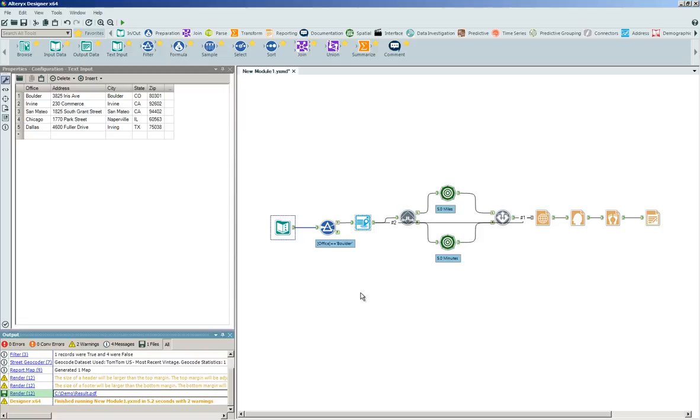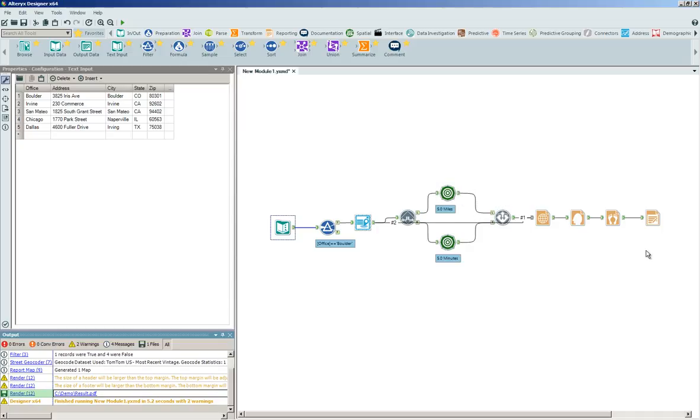Now what I'd like to do is take this visual workflow and essentially operationalize it. What we'll do is create a parameter-driven application that will provide an end user with the ability to filter the store or office that they would like to look at. And then they're going to have an option to construct either a radius trade area or a drive time trade area. What I've put onto the canvas is a series of detours which will help the user actually direct the flow. If they choose drive time, we'll actually have the module flow through this trade area tool. If they choose radius, we'll actually have the visual workflow flow through the upper part of the stream